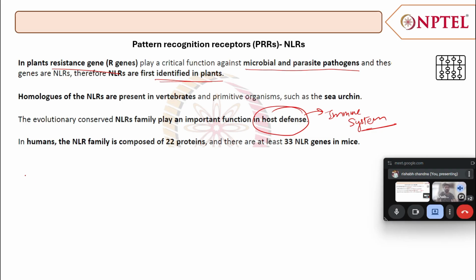So in humans, the NLR family is composed of 22 proteins. The family itself comprises 22 proteins, but in mice there are 33 NLR genes. That means in mice there will comparatively be a larger number of NLRs as compared to humans. Okay, so